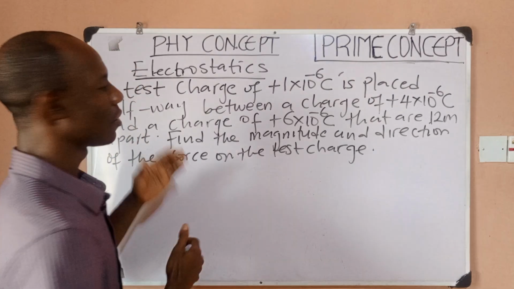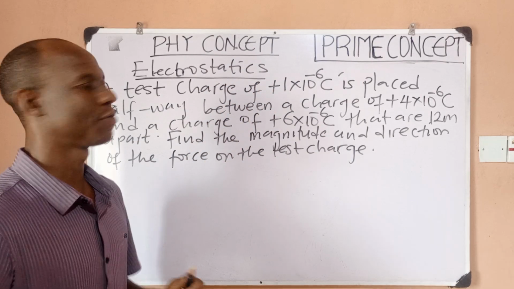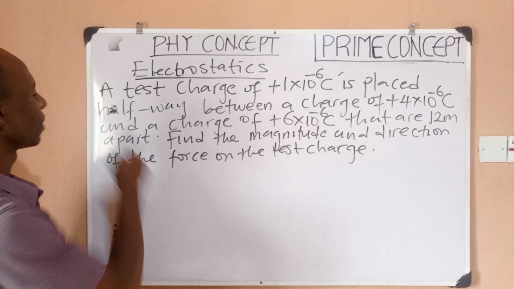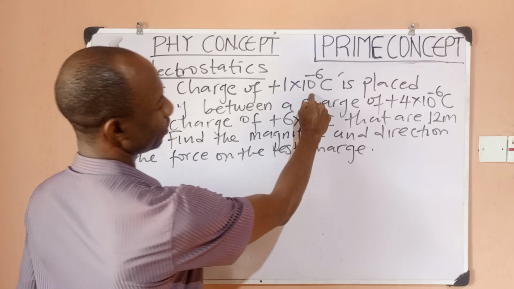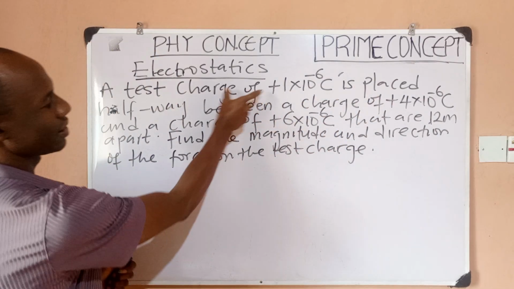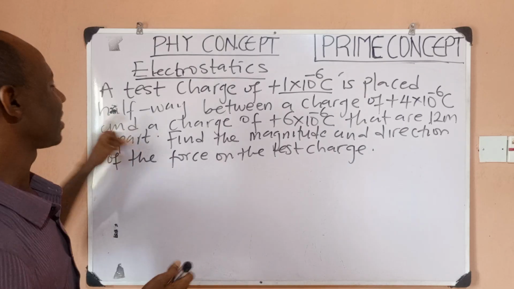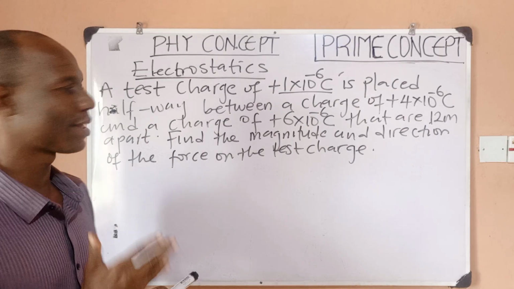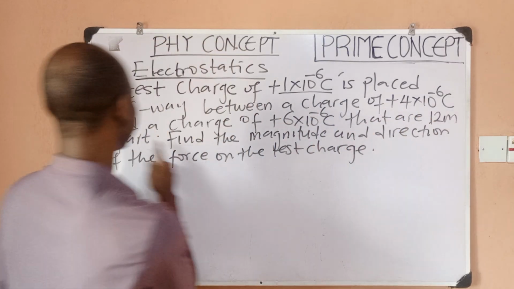Now we're here to solve problems on electrostatics that we earlier introduced in our previous videos. Let's take a look at the first problem. We have a test charge of this value placed. Remember, this is our test charge. It is placed halfway, which simply means at the middle, at the center, between a charge of this and another